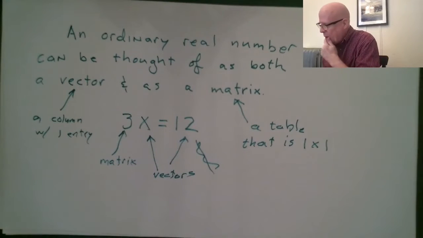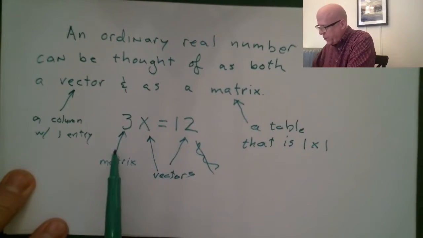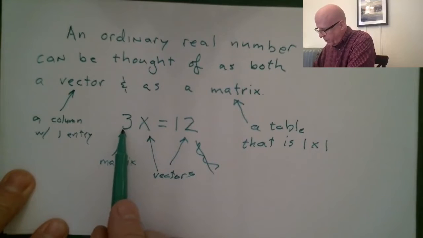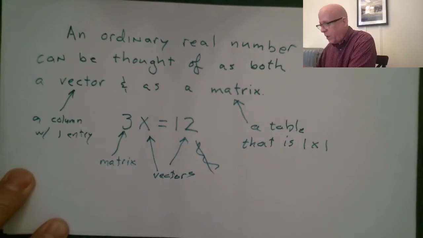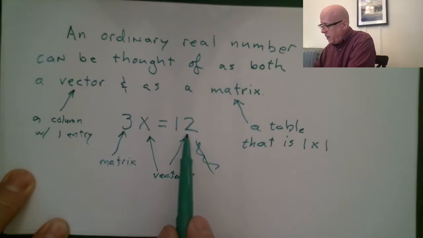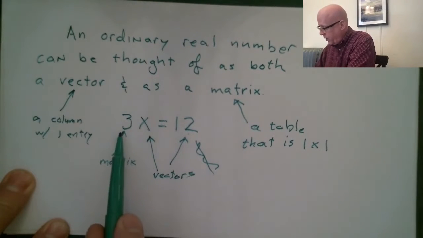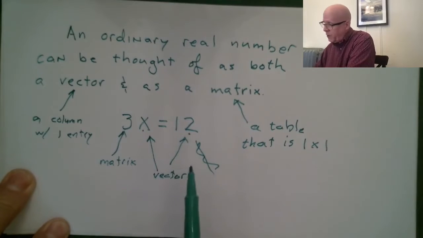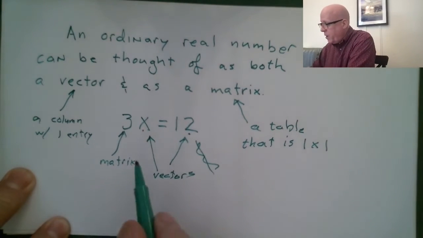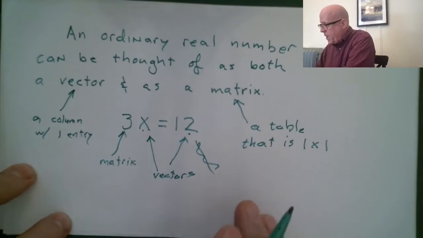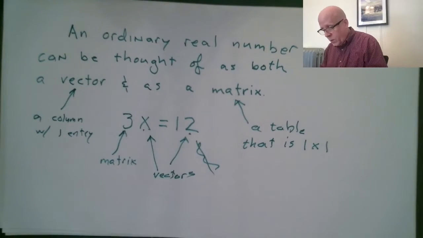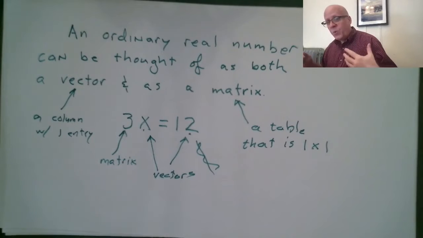All right, what's going on here? The matrix transforms the vector. So when I write 3 times x, it's saying scale the vector x by 3. Make it 3 times as big. And what we're asking here is the question, when I transform x, when is it going to be equal to 12? So we're saying transform this vector and turn it into that vector, and solving that equation is figuring out what the vector x is. It turns out a lot of things can be posed that way,